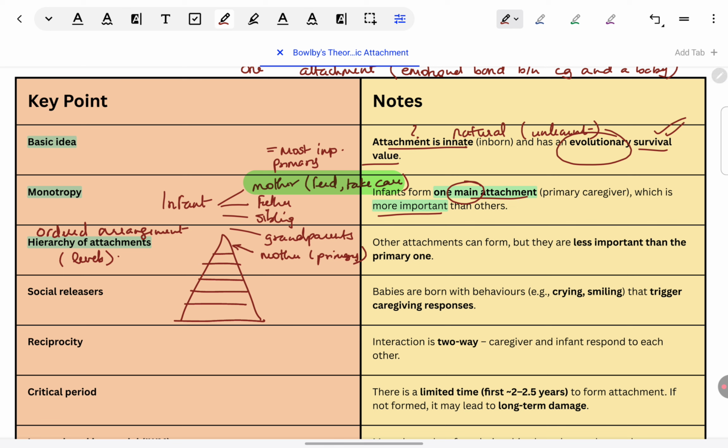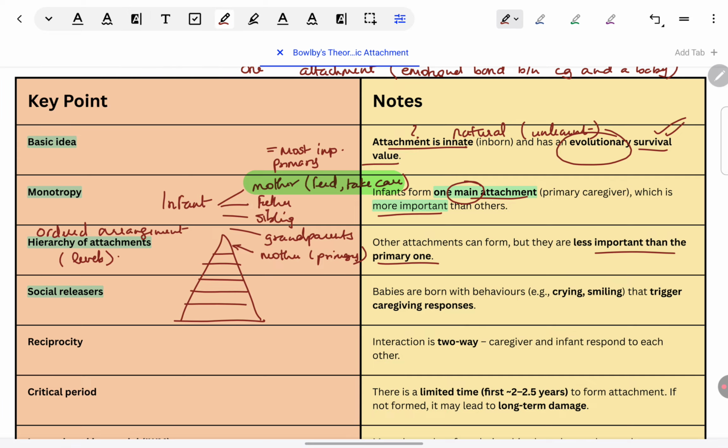So, a mother and baby attachment, that attachment is very influential and determining for the baby's future. But the attachment the baby has with their father or with their grandmother, grandfather, brother, sister, that is not going to have that much of an influence on the baby in the future, which is why those attachments are placed lower in the hierarchy. Simply saying, other than the attachment with the primary caregiver, all the other attachments are less important and less impactful. Now we saw that this attachment has survival value.